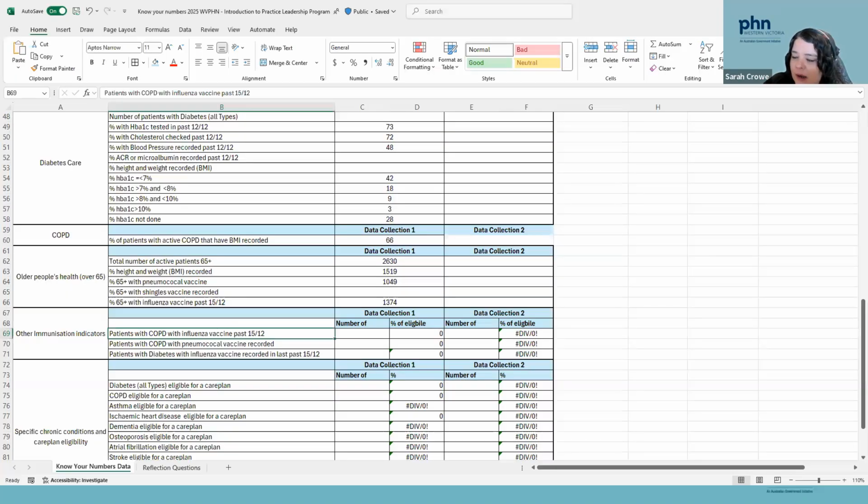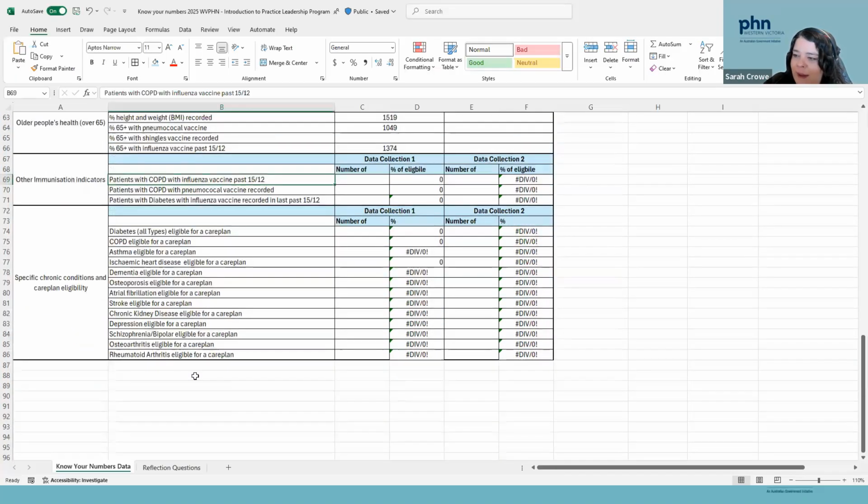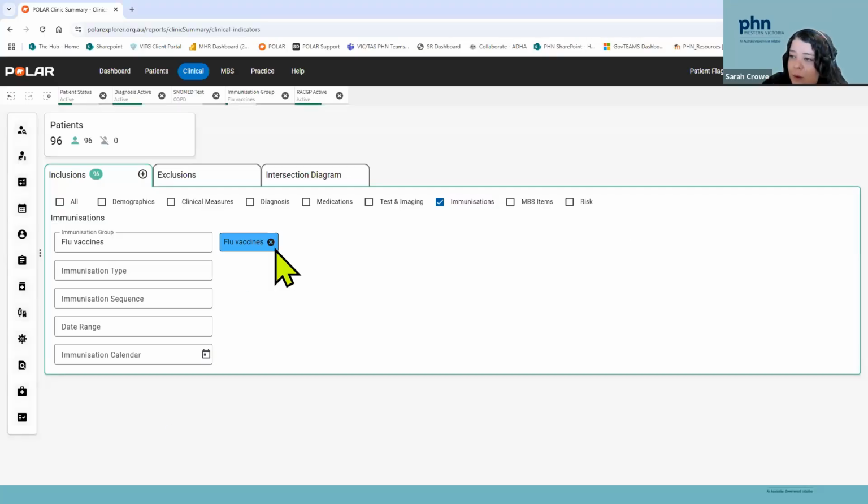So one more thing to show you before we wrap up, because that should get you through all of those measures. The last thing is asking, of people that have those certain diagnoses we've already looked at, how many are eligible for a care plan? They haven't had a care plan yet. You could use the indicators report. You could,